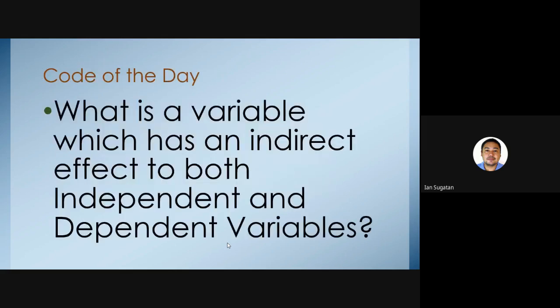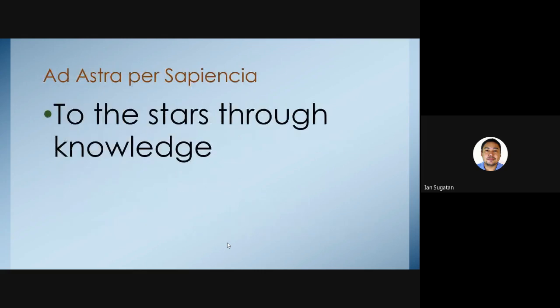So our code of the day, guys, is: what is the variable which has an indirect effect to both independent and dependent variables? That is the last thing we discussed this evening. Ad astra per sapientia, it means to the stars through knowledge. Thank you, guys, for attending our lecture this evening. I will activate the code of the day so we won't forget. Please answer this until 10 p.m. tonight. Do you have any questions, guys, regarding our activity for this evening